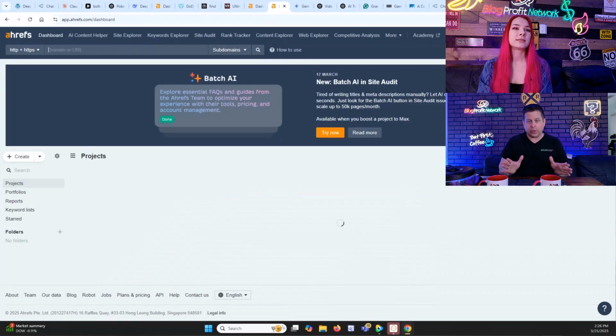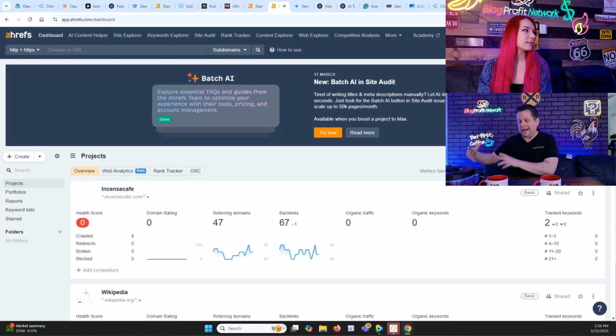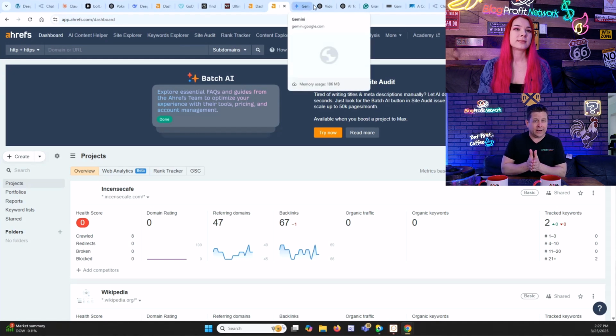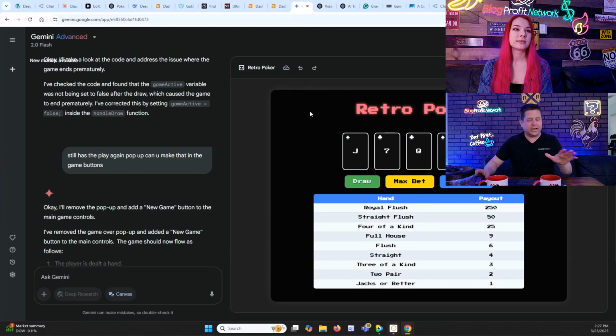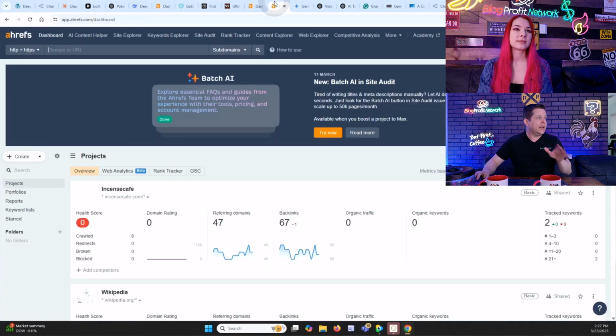Now, very important, we are not making actual games. We are making tools that they can use to learn the games. This is where we're going to get a lot of money, and this is how it's going to work in a very, very simple way. Now, we also tried making it in Gemini as well. Now, if you were to take a look at this niche, what we can do is look at,